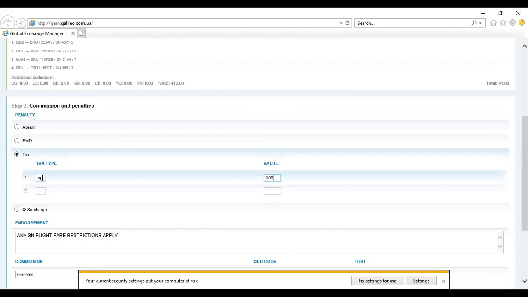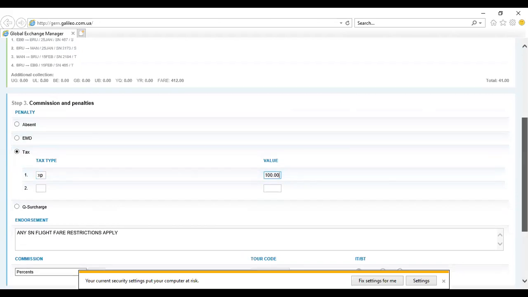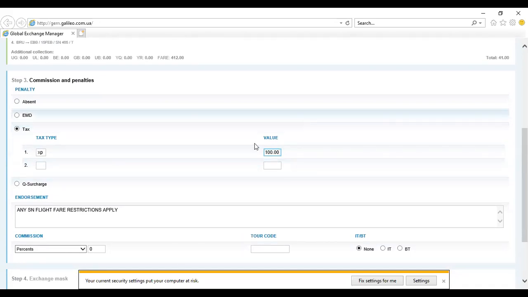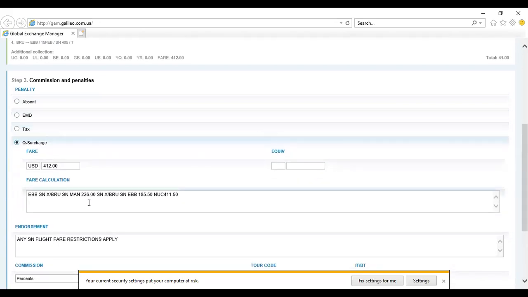If it's $100, I put it here and then I continue. If it's a Q surcharge, I do the same. Click here and then you show how you're going to collect it, because if it's a Q surcharge, you're supposed to add it into the fare calculation. So let me go back and say